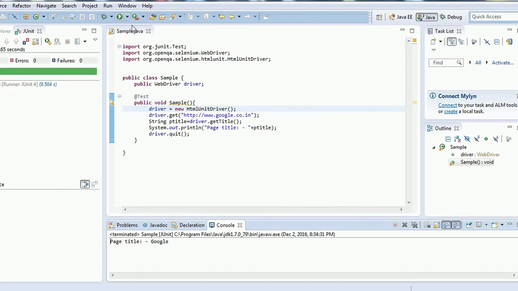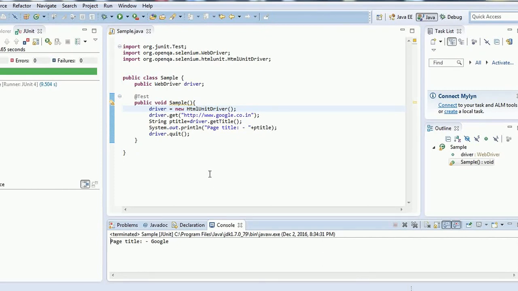So you can see it took lesser time because the time got saved opening the browser and closing the browser. A lot of time is spent in that, and a lot of resources get used. Here it just does an offline verification. I mean, it does not open a new browser session. Without that, it verifies everything. And that's how HTML unit driver works. I will have to set up another big video for HTML unit driver and headless browser testing for Selenium, but that I will do later on. And this is how it works in Eclipse.